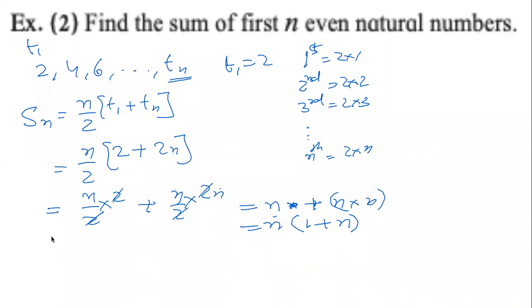I believe, Shubham, you did not understand the last step, how this happened. Multiply it backwards and see, n into 1 plus n. What do we get? n into 1 is n. n into n is n square. So from here we came here.